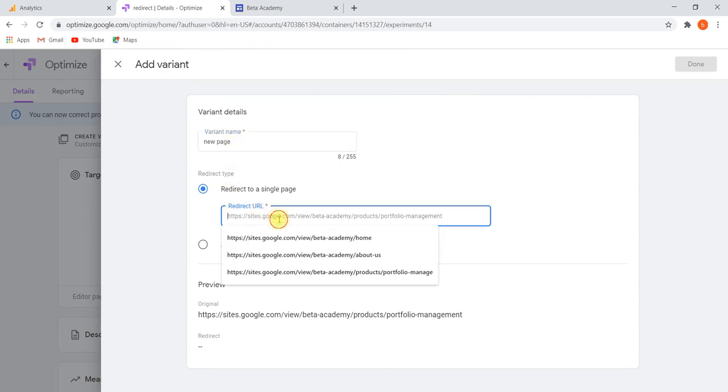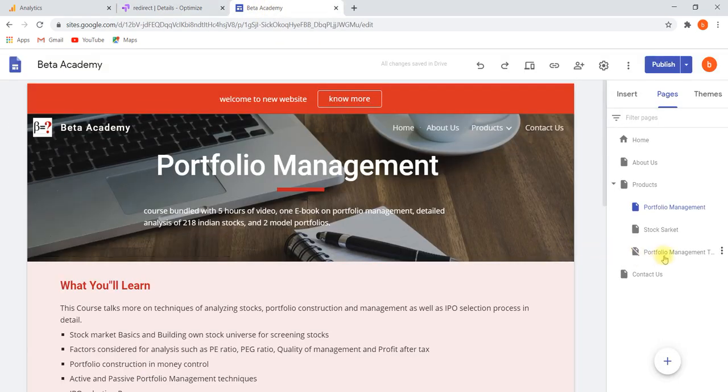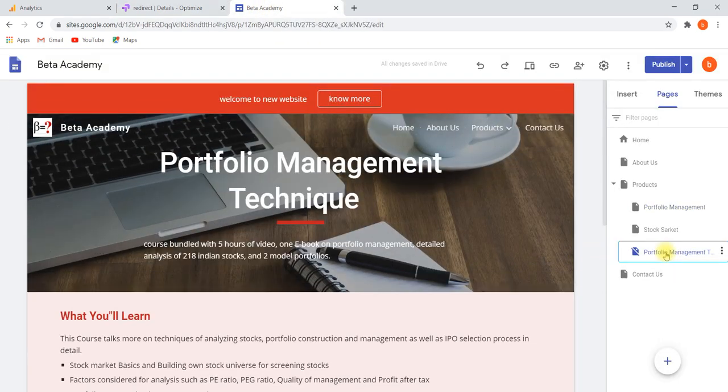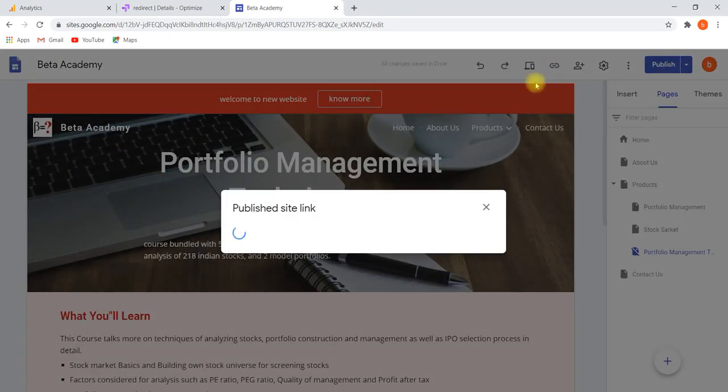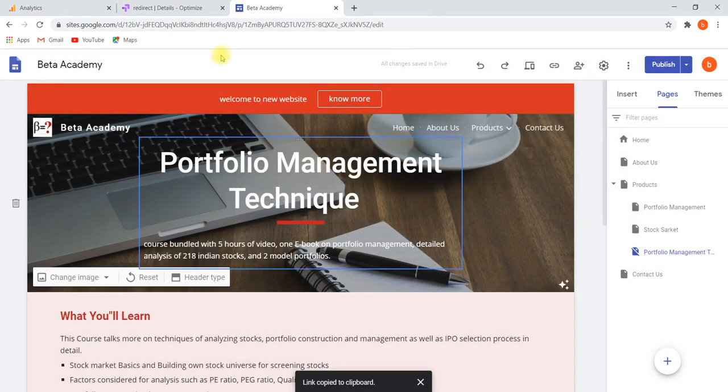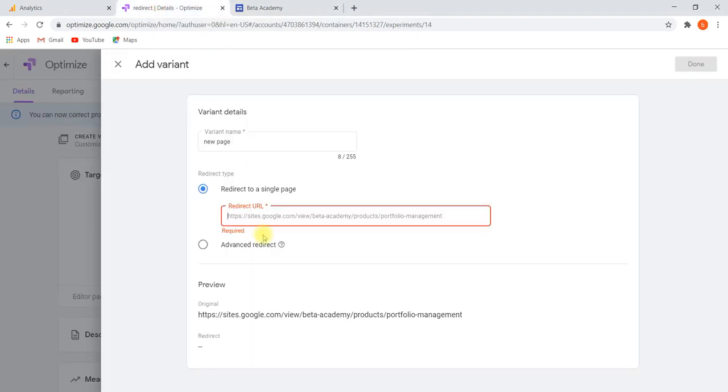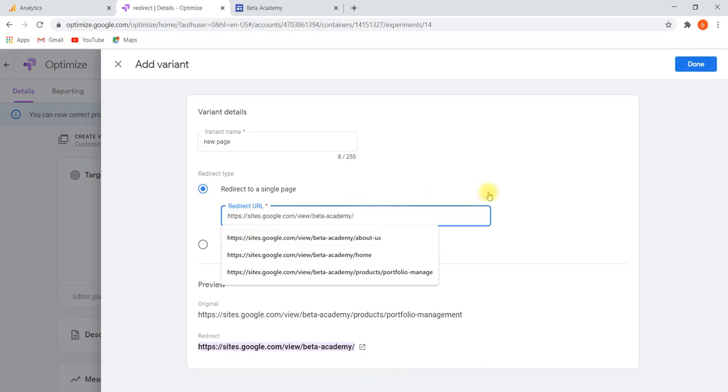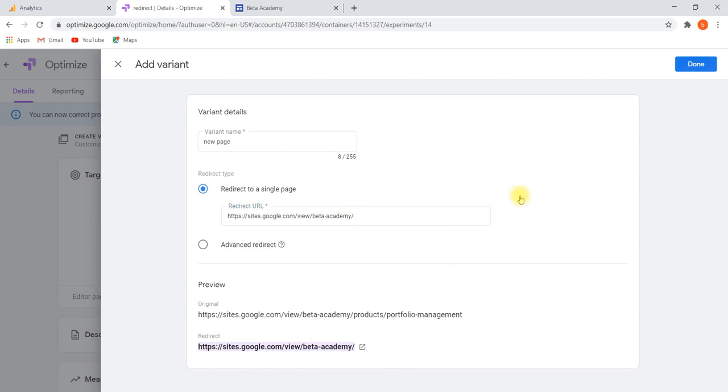Which page would you like to redirect to? I will say the new page which we have created right now. Select that page, copy that page link, and control V. This is the new page we have selected. Then we'll say done.